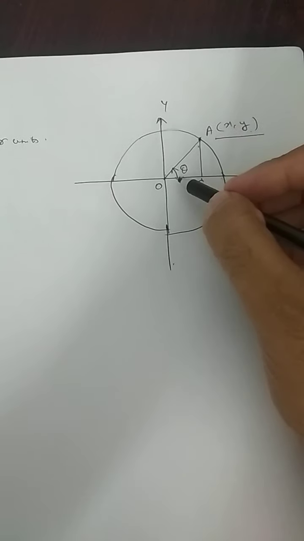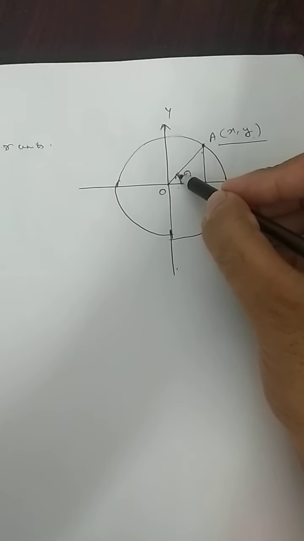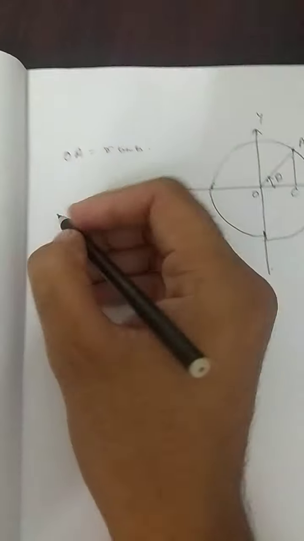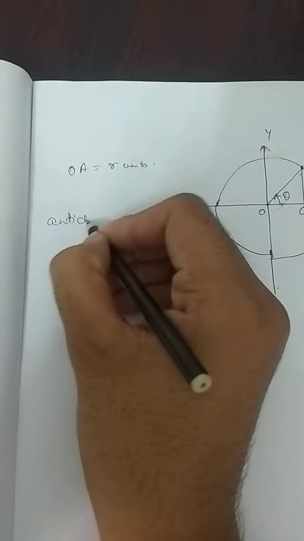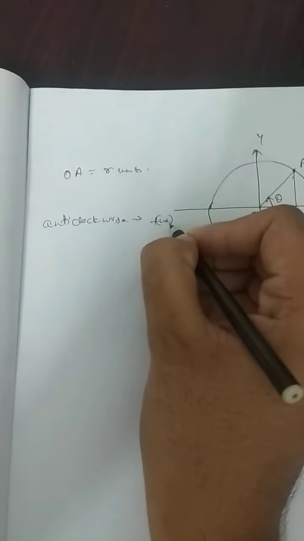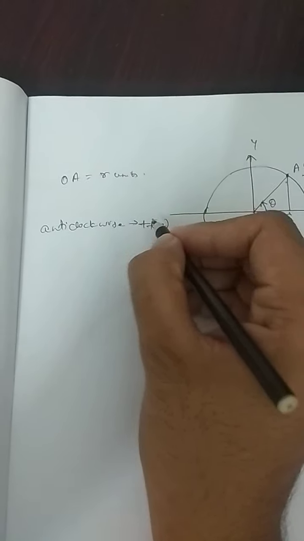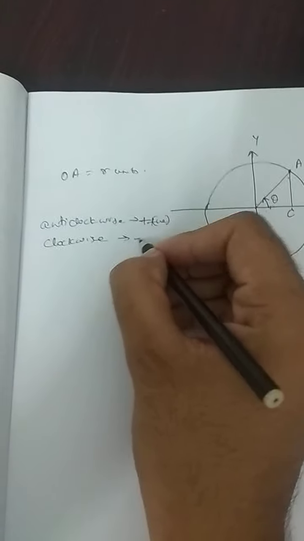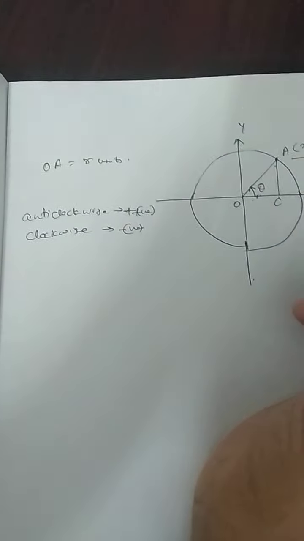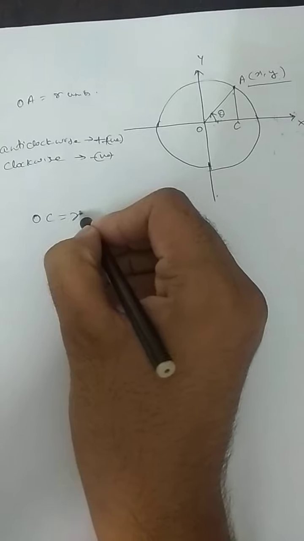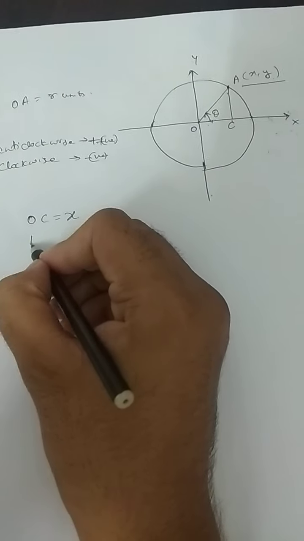Things to observe is the direction of this theta. Here I have indicated anti-clockwise direction. In trigonometry, anti-clockwise direction is considered as positive, whereas clockwise direction is considered as negative. So from this triangle AOC, we are getting OC is equal to x and AC is